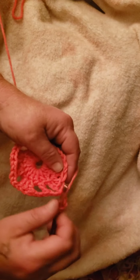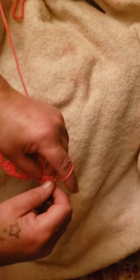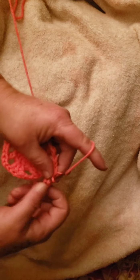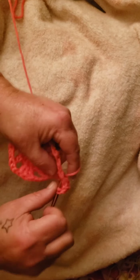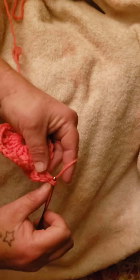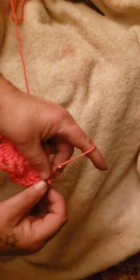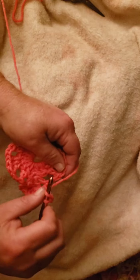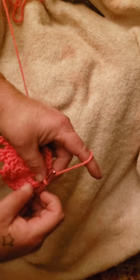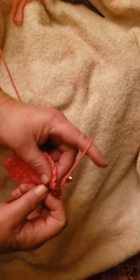This is row 3. You're going to chain 3, and then you're going to work 5 double crochets into the next stitch. 2, 3, 4, 5, and then you have 1 stitch left. You're going to double crochet in that, and then you're going to chain 2, and you're going to double crochet in the top of the other double crochet. So you're skipping the chains, and then you're going to chain 2, and you're going to double crochet in the top of the next corner,